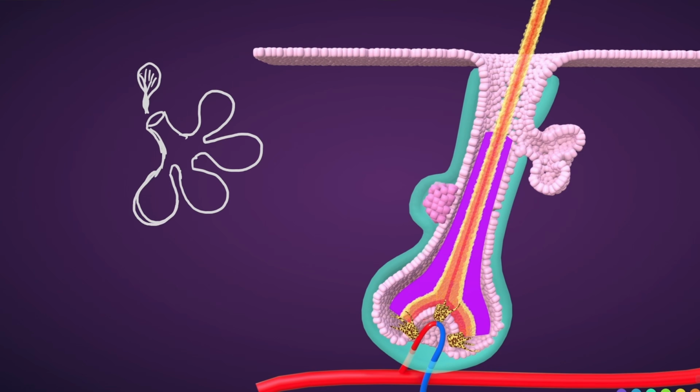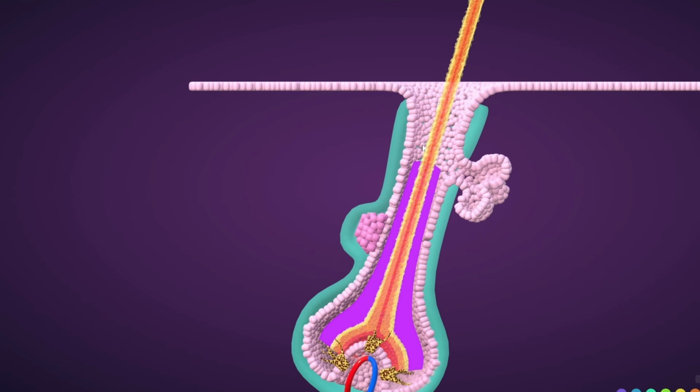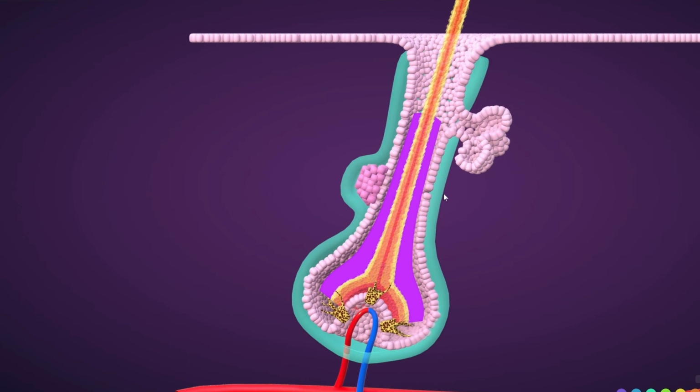These grape-like globular units, the secretory parts, are not tube-like, they are globular, acinar-like, and are called acinus. So this type of gland is called a branched acinar or acinus gland. And this is the structure of the sebaceous gland. It's very easy to understand. This gland secretes an oily secretion,